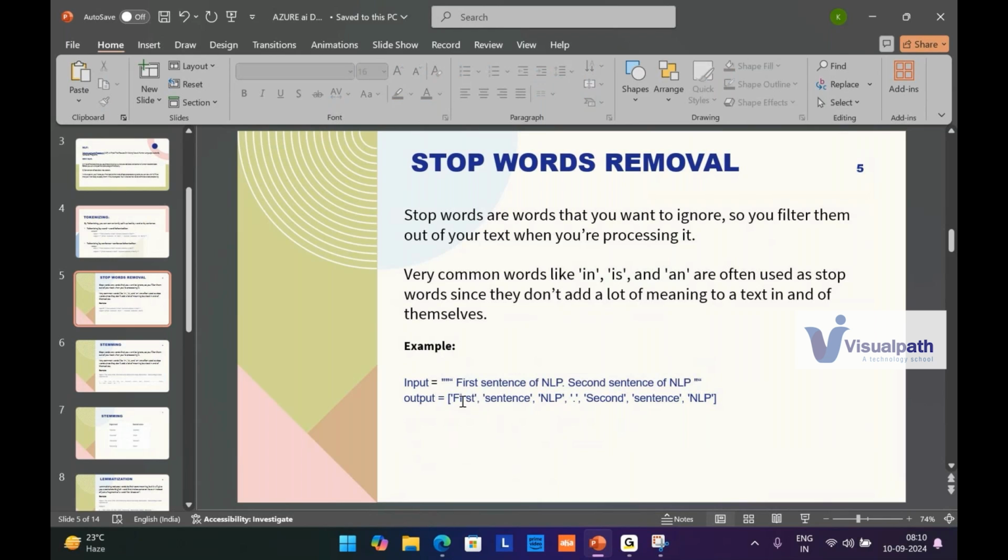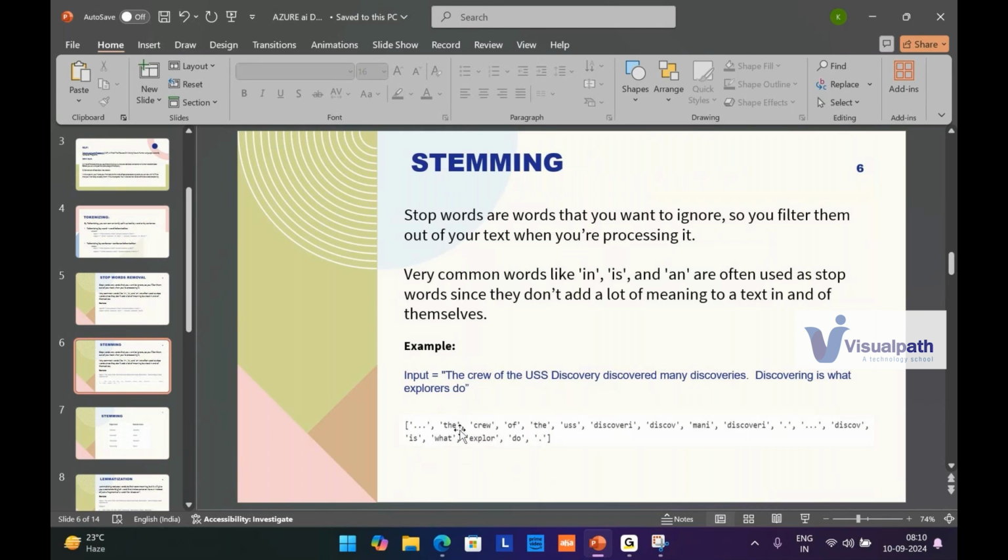Yeah. So as I told you, initially we need to do the word tokenization or sentence tokenization. Here we are performing word tokenization. So after performing the word tokenization, we'll apply the stop word removal method. Once we apply the stop word removal method, our output will look like this,